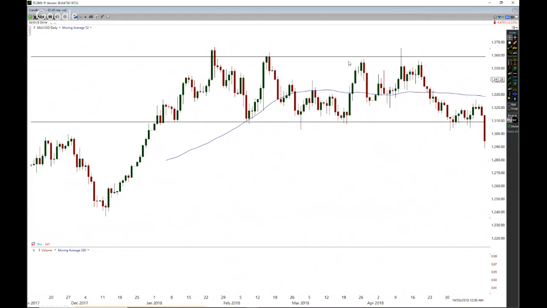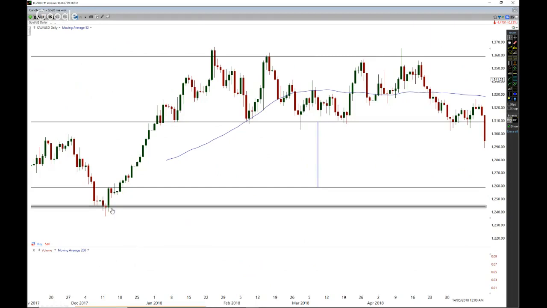Regarding the projection of these channels, if this is not a false breakout, you measure from the high of the channel down to the low of the channel, then project that down from there to there, and that level through there. If this is not a false breakout, this is where it's likely to go. If it overshoots, there's a little bit of support and resistance back through here, so we're likely to get down to here. But the first target for me, if this is not a false breakout, is that level. Now, how do we know if this is going to be a false breakout or not?